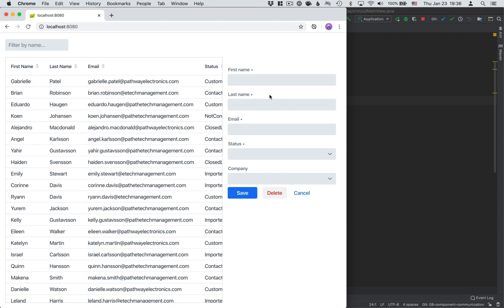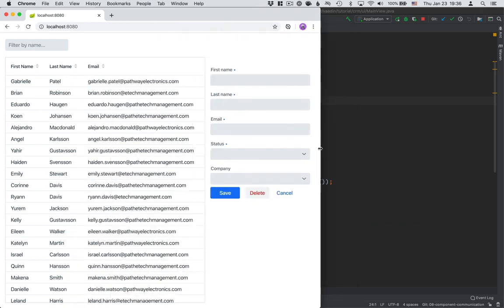In the past two videos, we've been working on building this form component, and we're going to finish that work right now by hooking it up to the rest of the application. We want this to work so that we can select contacts in the grid and have them show up here in the form. If no contact is selected, we want the form to hide. And we also want to have a button here that we can use to add new contacts to the system. We want all of this to be responsive so that it works well on smaller devices as well as on